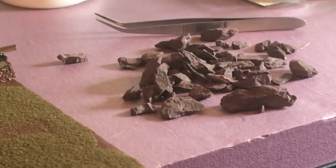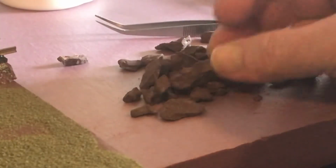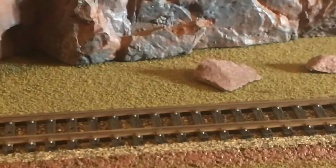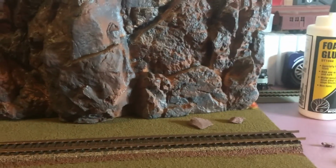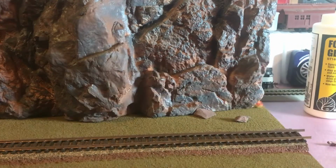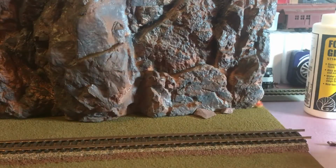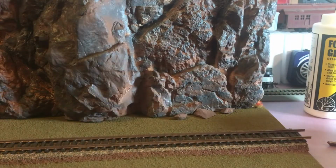Okay, now I'm going to take this pile of rocks, or little stones that I got. They're kind of a reddish brown, and I'm going to put them at the base of the rock here. So this piece will fit in here. Beautiful. And this little piece. And just start putting little pieces across